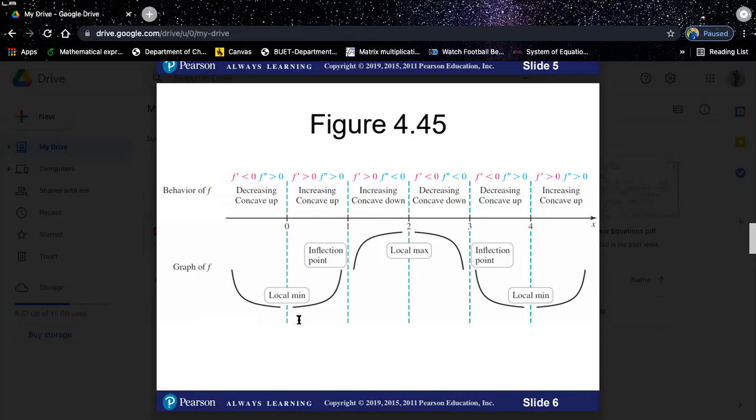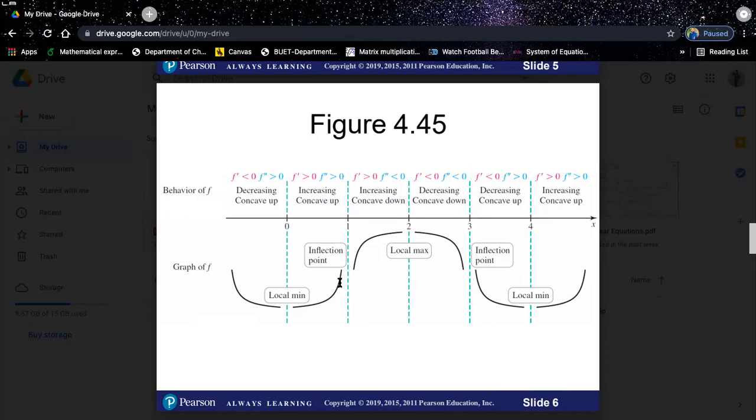So for example, if I now consider 1, let's say I have a point where before that point my function was concave up. Now if you remember what concave up means, that means if you draw a tangent line at those points,